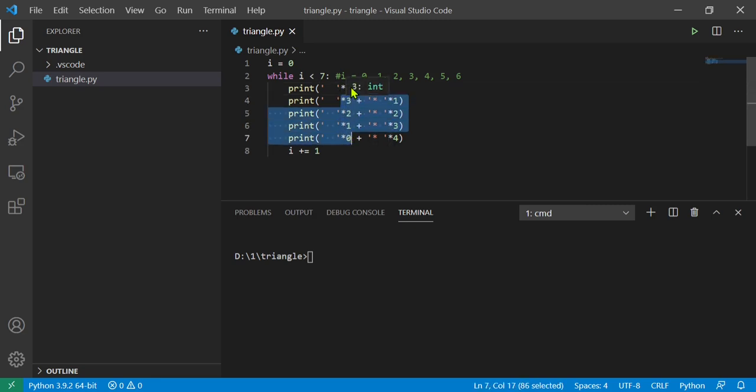If we subtract 3 from I value, then in the first line 3 minus 0, 3, 3 minus 1, 2, 3 minus 2, 1, and 3 minus 3, which will give us 0. So that value is appended with single star space character one time,